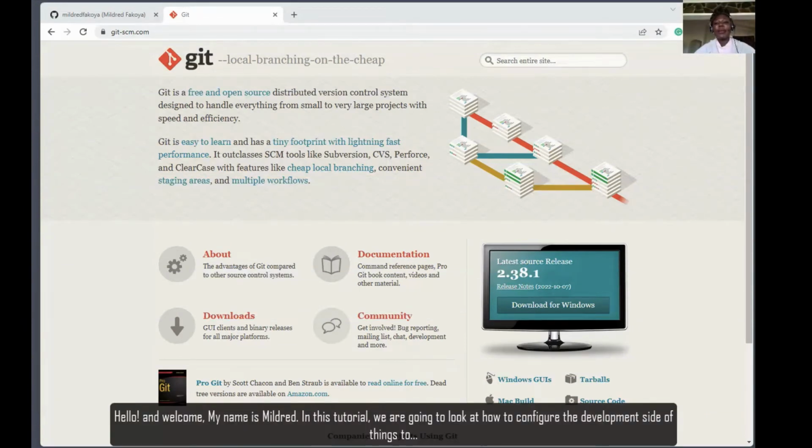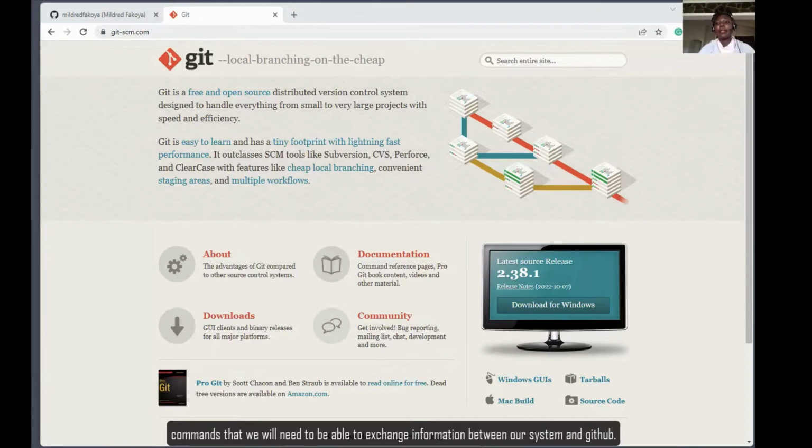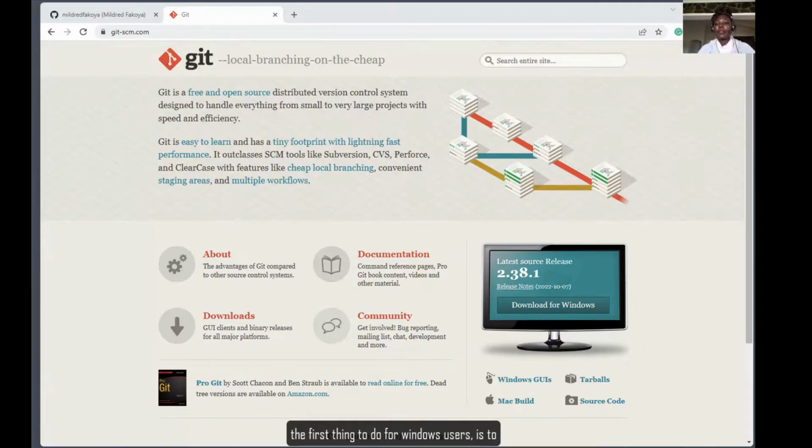In this tutorial, we are going to look at how to configure the development side of things to use version control. We are going to be using Git and GitHub for our version control, and then we are going to learn some basic command line commands that we will need to be able to exchange information between our system and GitHub. The first thing to do for Windows users is to come to